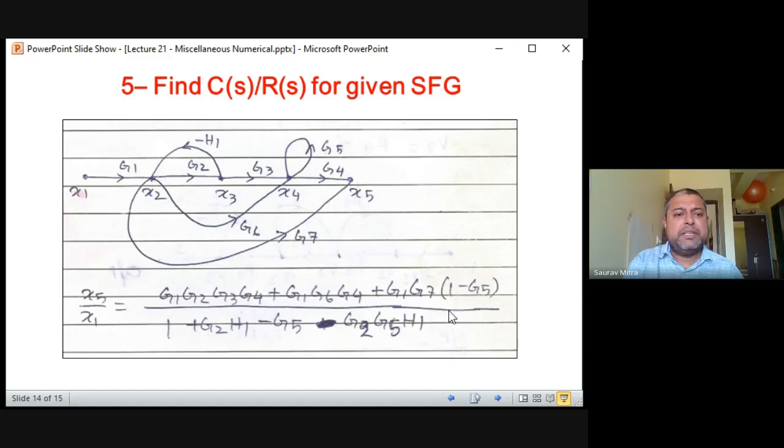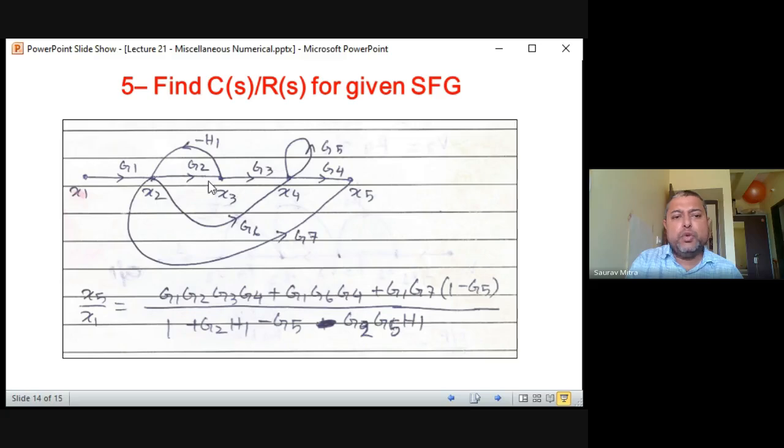So we have 5 minutes. Let us see how it is. So directly we will do it. Okay. So in this case, you are finding there are 3 forward paths. So what is the first forward path? G1, G2, G3, G4, like this. Or better than forward path, first let us find out how many loops are there.